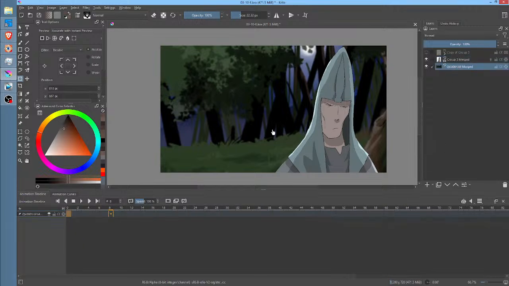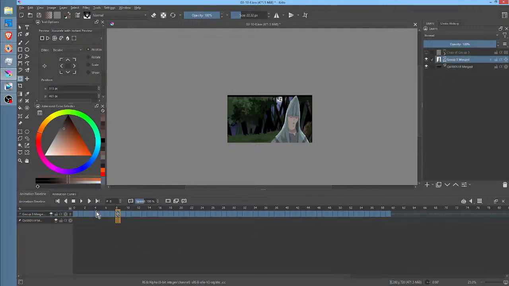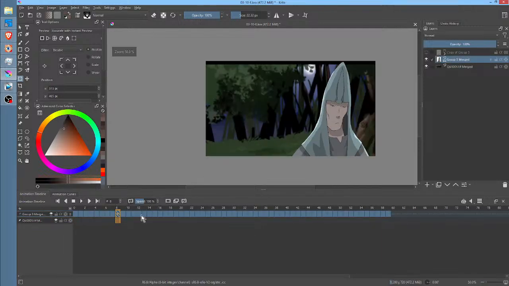Now, just for fun, I'm going to use the transform tool to shift this just a little bit in order to force the whole scene to be just a little bit different, in order to see what that does to my animation caching. First of all, I'll try to scrub. Okay, scrubbing still doesn't work.